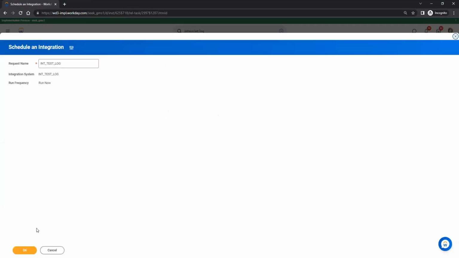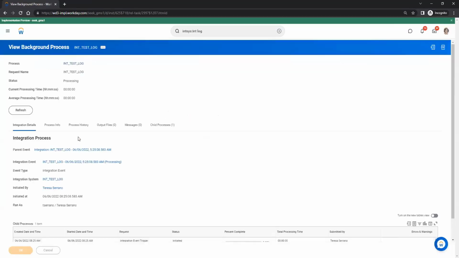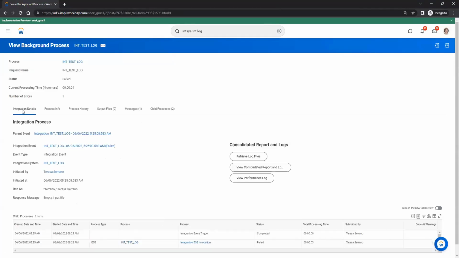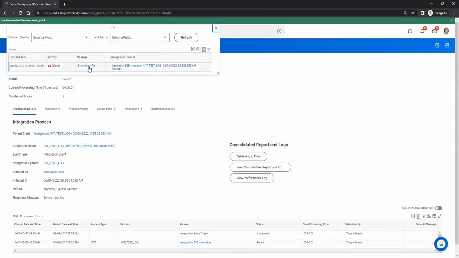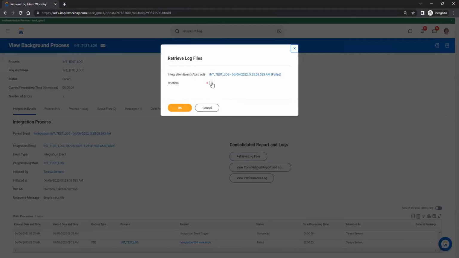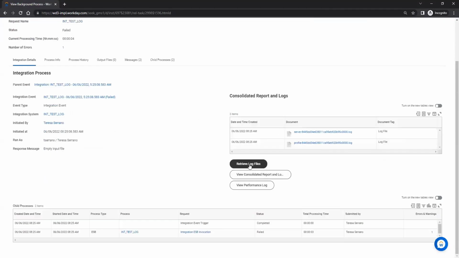Integration launch, but this will give you a fairly good idea of what is coming up in the log. Okay, that means there is some error. Empty input file. Let's see. Retrieve log file.